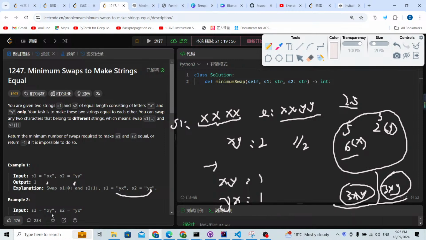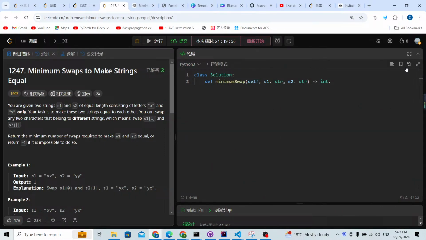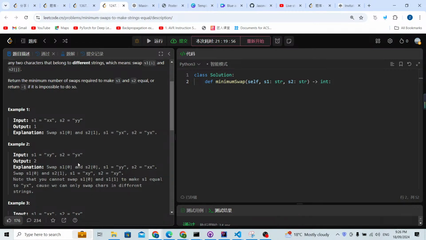So this is going to be the second example. Actually it's going to be 2 swaps, and the swap idea is just coming from here. Because this way, definitely one swap is not enough. We have to do the first swap with S1 0 and S2 0, and we're going to make it y and x,